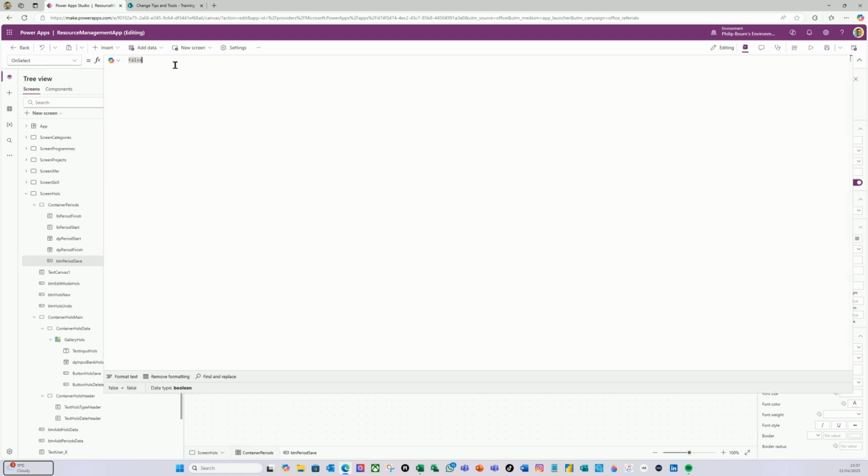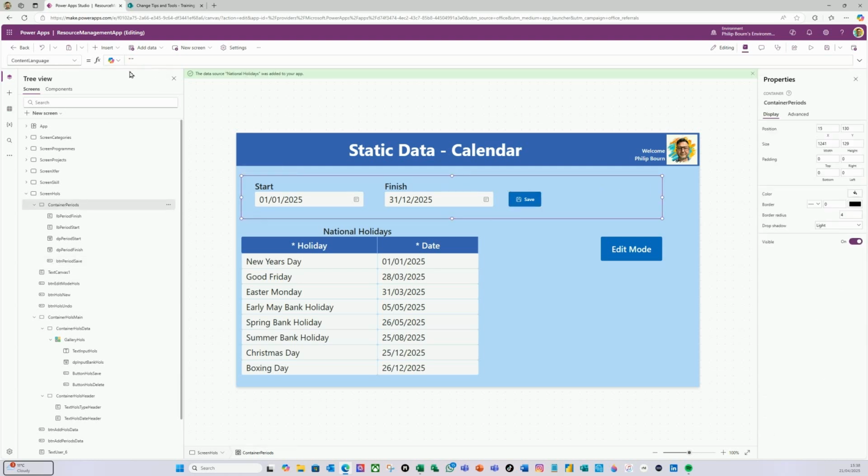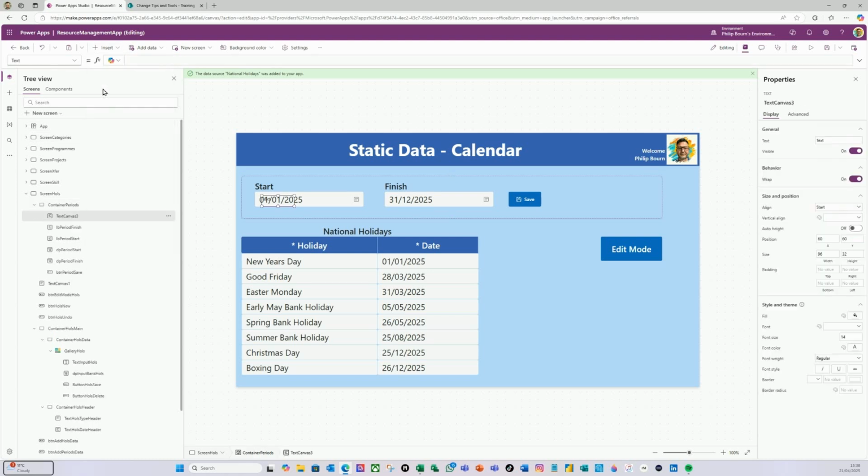So on select, I need to be able to know what ID here is. So what I'm going to do is add another label here. Let's insert a label. And this equals the text